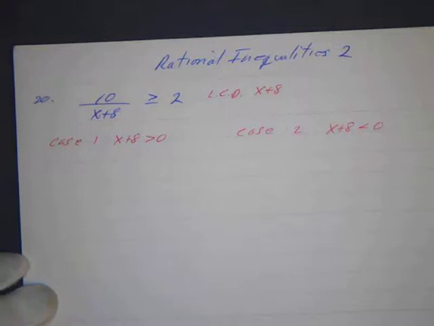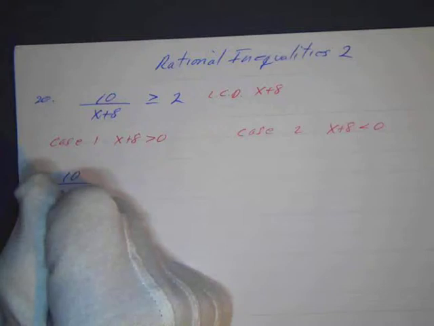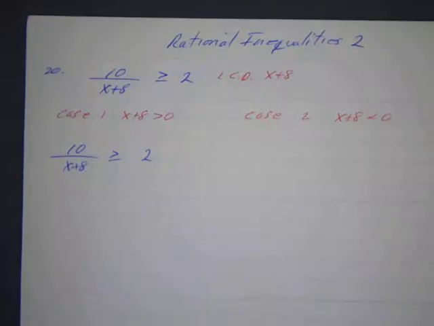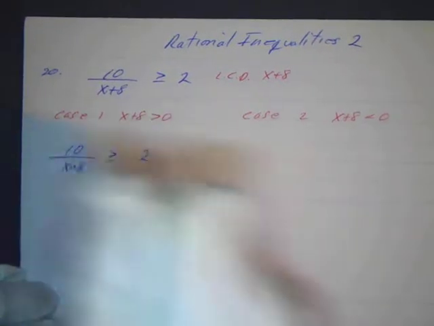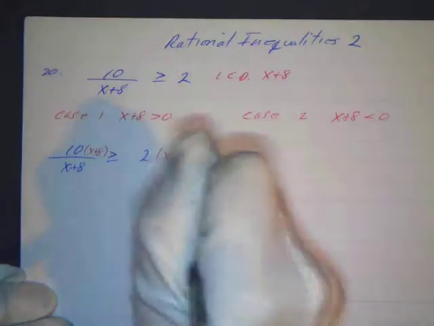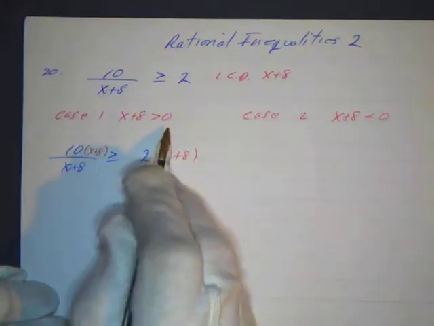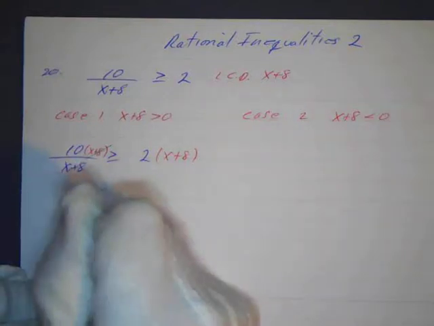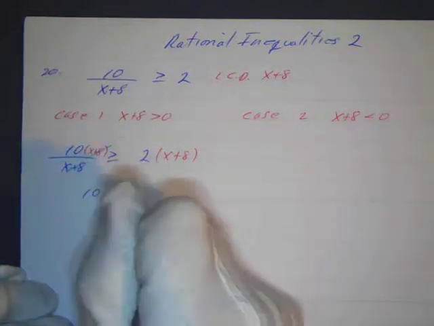All right, so we'll start over here. Case 1, 10 over x plus 8 is greater than or equal to 2. I'll multiply both sides by the LCD, x plus 8. And in this case, since x plus 8 is positive, I don't have to change the direction of the inequality. So the x plus 8's here make 1. So now I've got 10 is greater than or equal to 2x